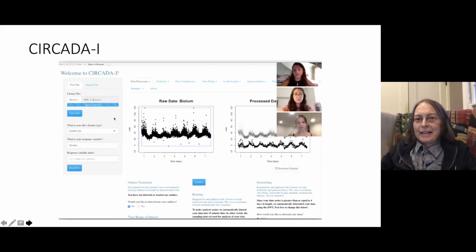Right, and then we have CIRCADA-I, which is under production right now. The drawback of the previous apps is that people can't upload their own data to explore. So we're developing an app that will allow users to upload their own data, and we're trying to make it as robust as possible